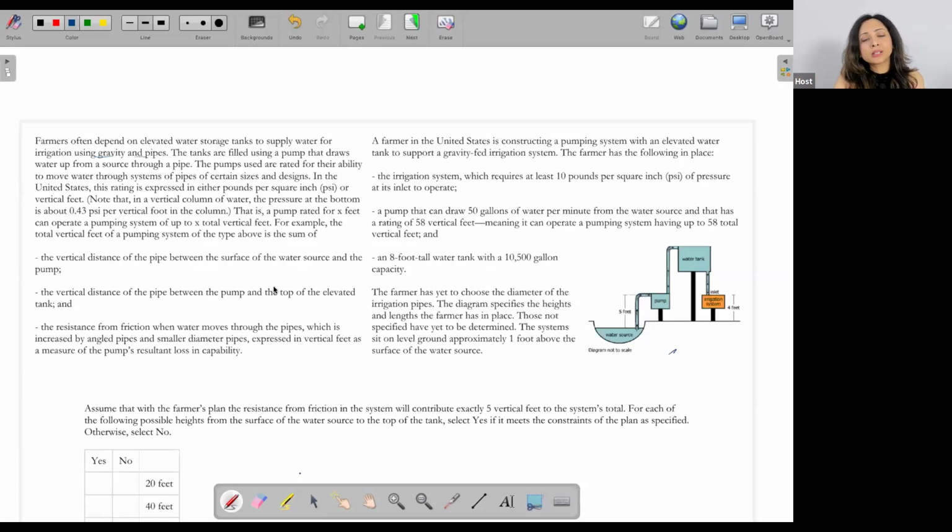Now, I know that there is a diagram on the second page where there is something about a water tank and something about a water pump. So maybe I'll just flip to the second tab and I'll see, all right, there is a water source over here, there is a pump over here, and then they've made a water tank, and then there is this irrigation system. Fine. I look at it in detail, but what I do know is that the tanks are filled using a pump, and there is that tank, and it draws water up from a source through a pipe.